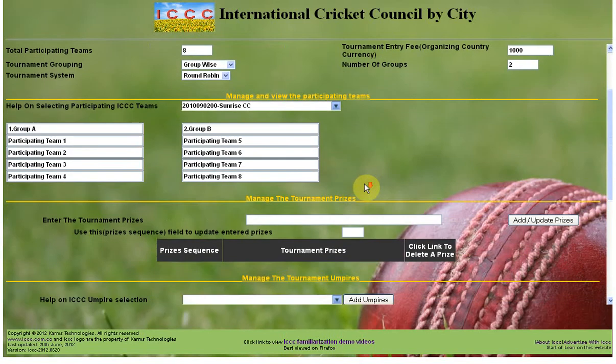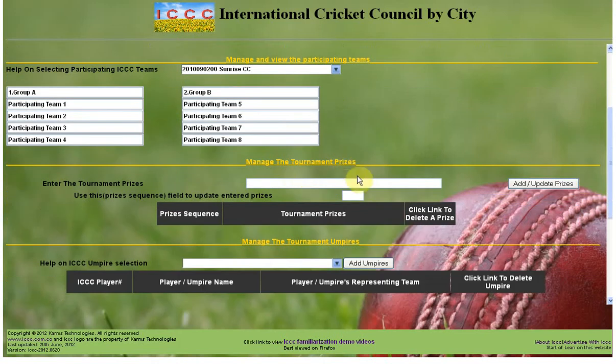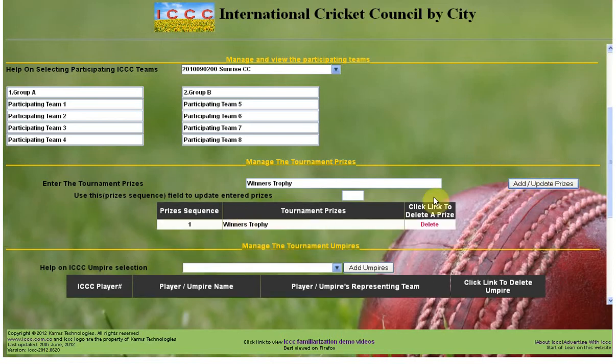As you go down, it says manage the tournament prizes. All you have to do is enter the trophy name, like winners trophy, runners up, man of the series, and simply click add. This way it will be added.